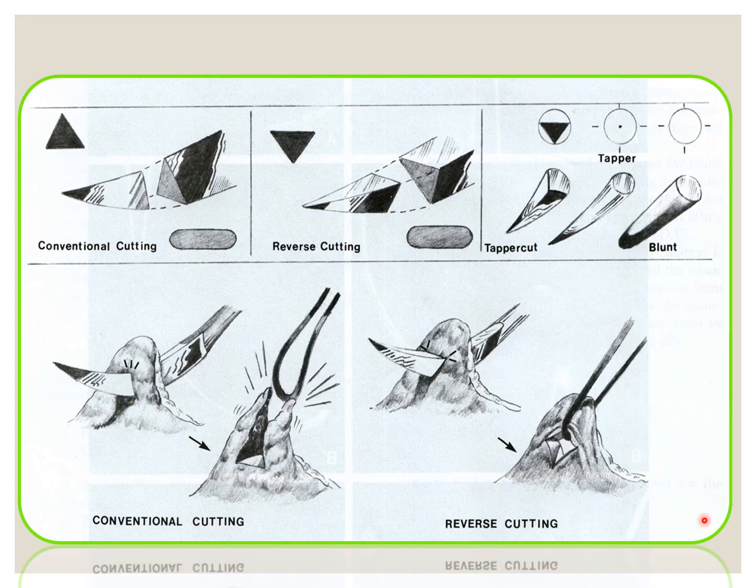So now we'll see the cutting edges. So these are the conventional cutting edges, which have a pyramidal shape, and this is the cutting needle with reverse pyramid. So this is a taper cut, which blends into a circular shape. So this is the difference between the conventional cutting and reverse cutting. In conventional cutting, as the tip of the triangle is upward, trauma to the tissue may occur, which doesn't occur in a reverse cutting needle.